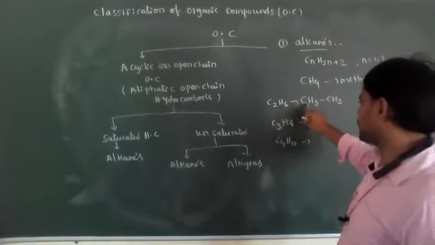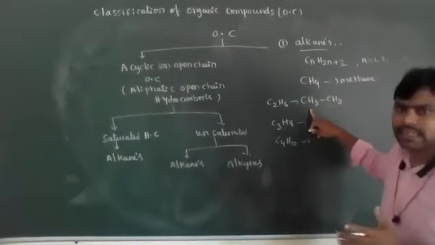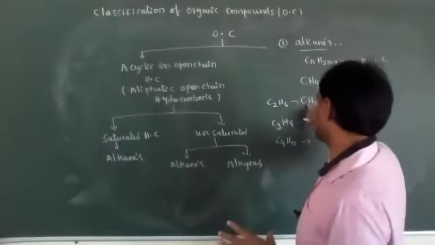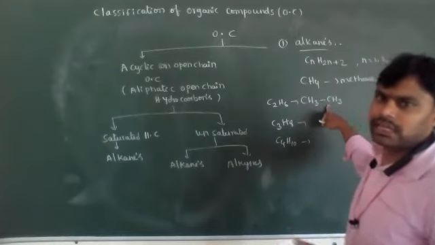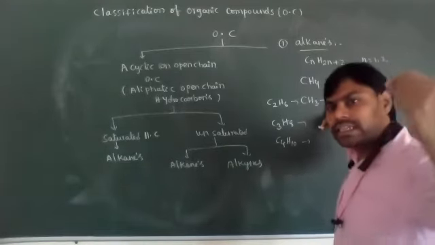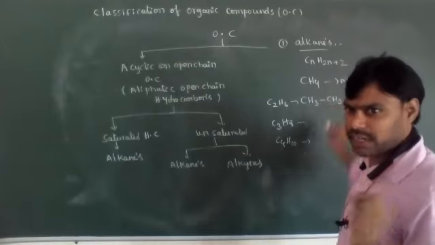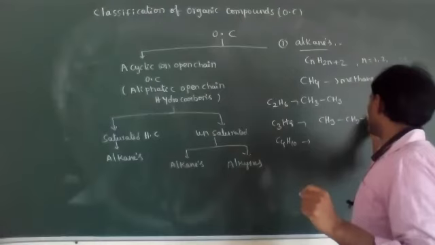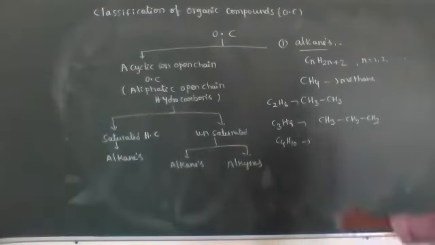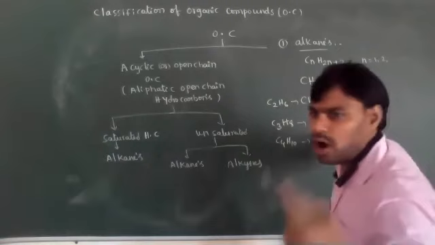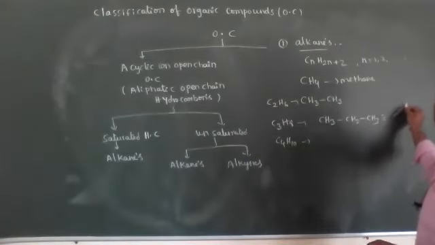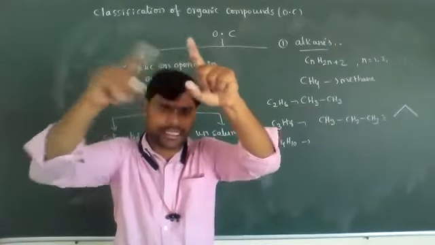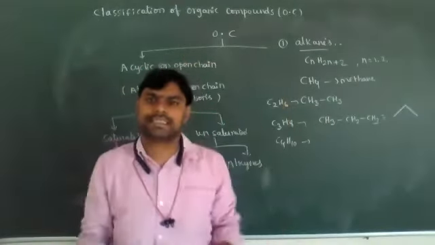If n is equal to 2, it means C2H6. That C2H6, how will it be connected, dear students? CH3-CH3, meaning all carbon atoms have single bonds only. So in alkanes, each carbon hybridization is sp3 only. Three carbons means CH3-CH2-CH3. For the bond line formula, it is like a V. The middle indicates CH2, and the ends indicate CH3, CH3.